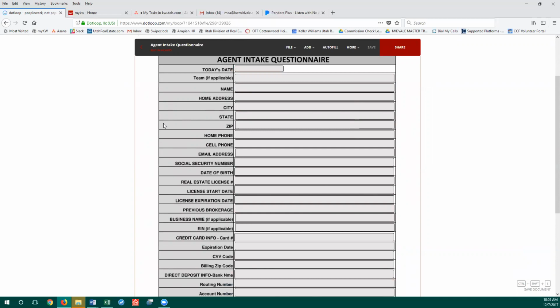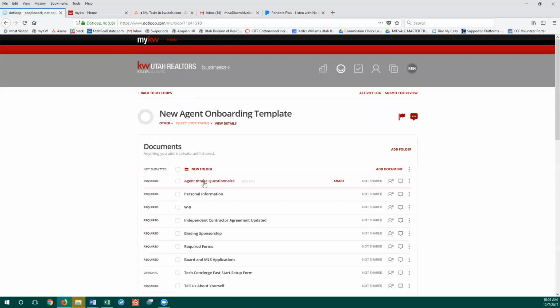That way you can set up the role and have all the documents auto-filled before they even step foot in your office or before you send them all of the documents. So that's what we're going to do. So once you've had them fill out this agent intake questionnaire, you'll open that up, and I open it in